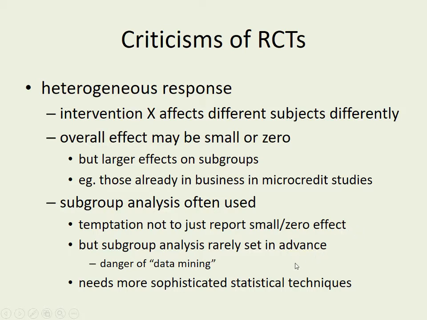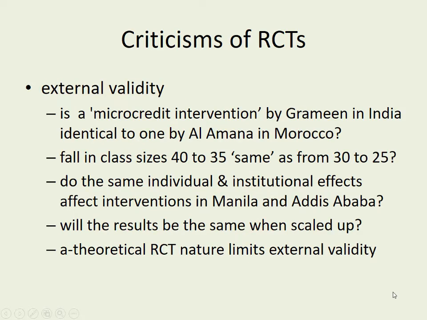But that leads you into the danger of data mining, which is if you have any average group of people and you start looking at different subgroups within there, eventually, just by chance, you're going to find that there was a difference between two subgroups. So the statistical test you use then really is no longer valid. So you need more sophisticated statistical techniques still to overcome that. And the whole idea of RCTs is they're supposed to get away from needing more and more sophisticated stats.